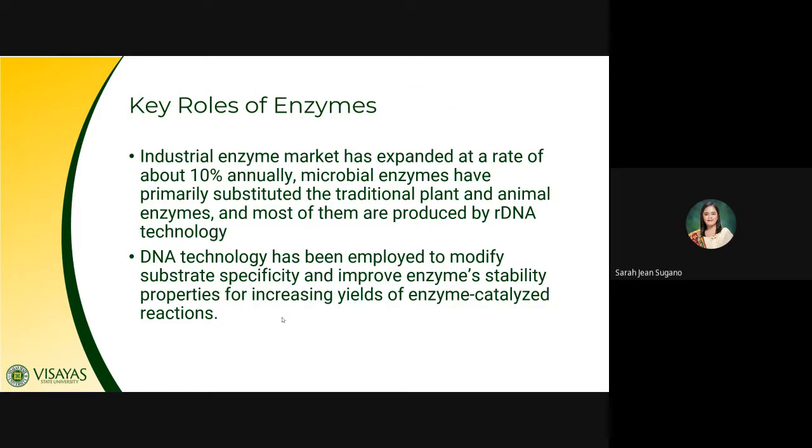So in the juice industry, class, the enzymes that are commonly used are for making the juices already found in the market have a clear solution, not really pulpy, not viscous. There are also juices that are pulpy, like Minute Maid, but we want to have a clear solution. So they use pectinases in order for the pectins to be dissolved and degraded. So the pectinases are added in order that the pectins will really be converted and